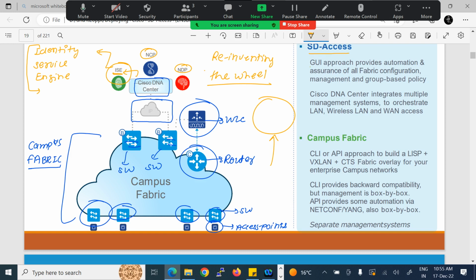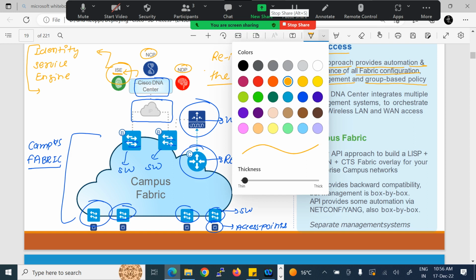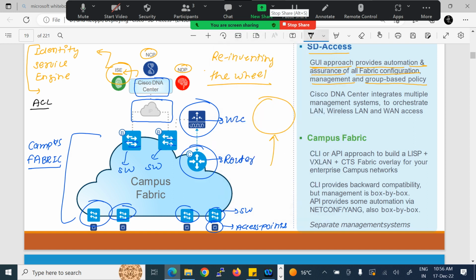SD-Access GUI approach provides automation and assurance of all fabric configuration, management, and group-based policies. I'll talk about that right now, how we identify an end user. Do you know about ACL, access control list? So you know how we identify an end user in the network. We always identify an end user on behalf of the IP address,